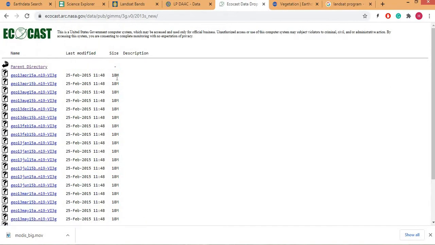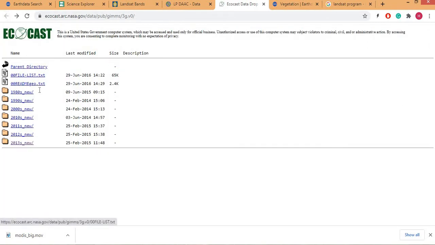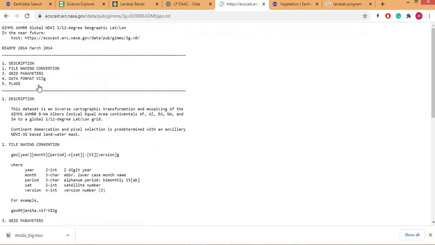Each image is of 18 MB, and you can also see the information here, that what type of data it is. So this is the description, file format, data format, and this data set is transmission mosaicing of GIMS data, GIMS and AVHRR. These are two different products at 8 km Albers conical equal area projection. So we are in Asia, so I hope AZ will be for Asia.